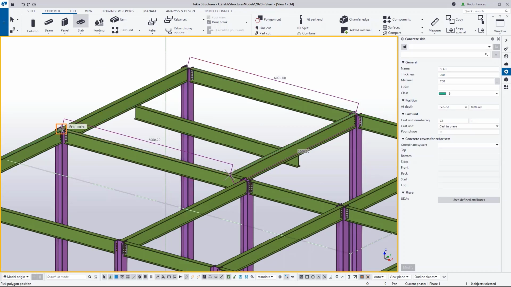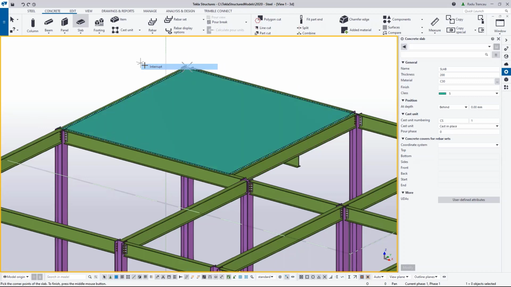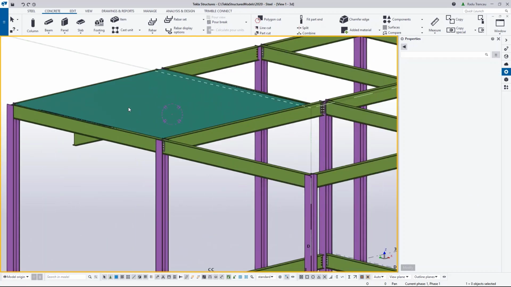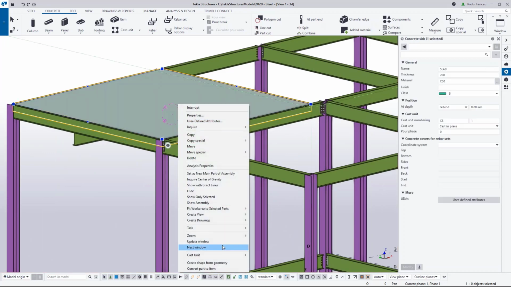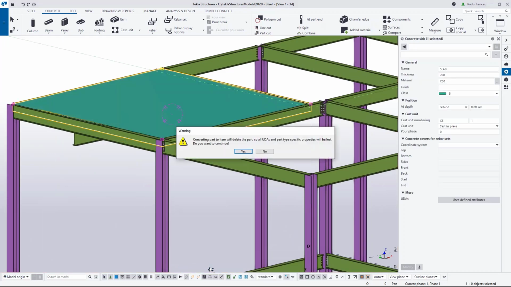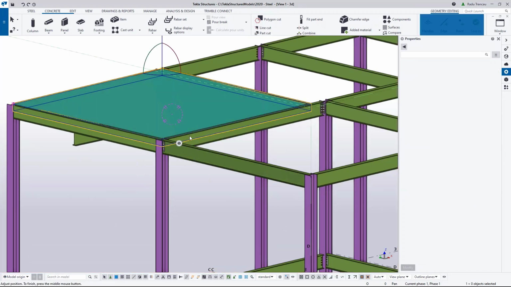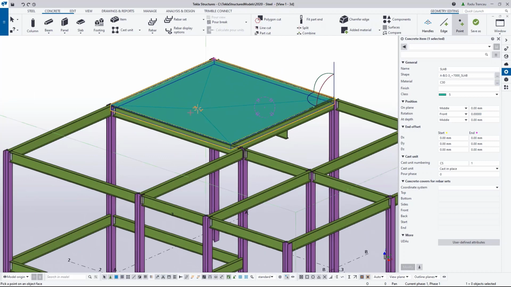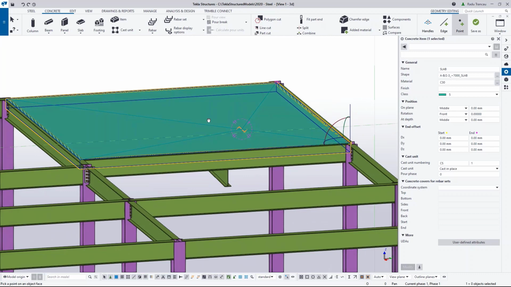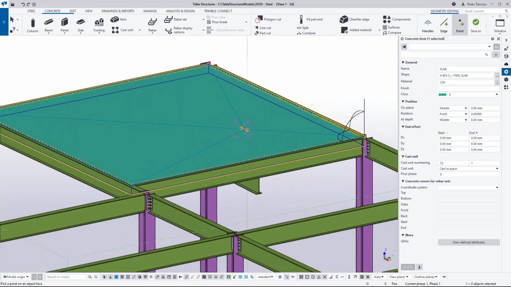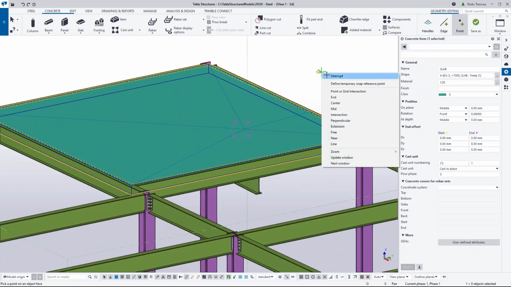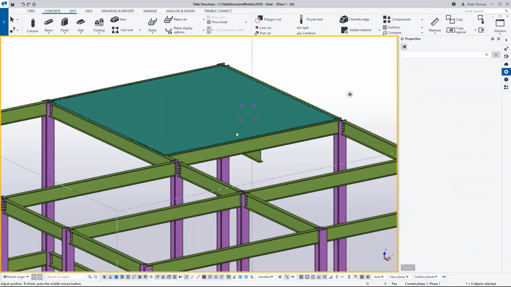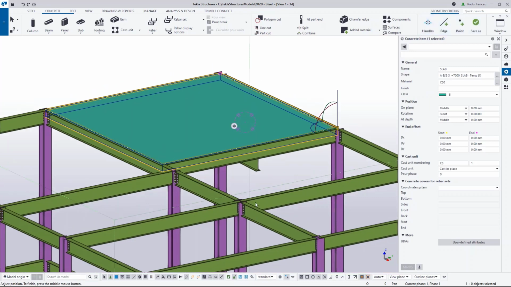Then I will convert this slab into an item, and we will try to add the vertex on top of it. So if you proceed now to convert part to item, the part is now converted into an item. And by selecting it and going to add a point, you can see you're being prompted to pick a point on an object face. So the command recognizes the face of the object. So if you place a point in there, and then you would just come in here